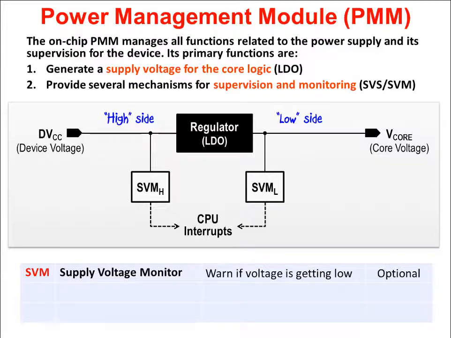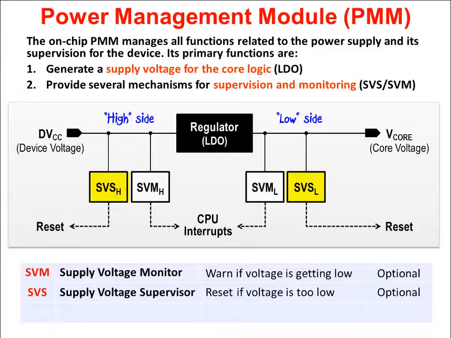we can use these events either on the high side and/or the low side as a way to generate an interrupt to the CPU to warn it that we may be getting close to going out of voltage, or maybe there's something that the program can do to mitigate or respond to this type of event. If things get a little worse,